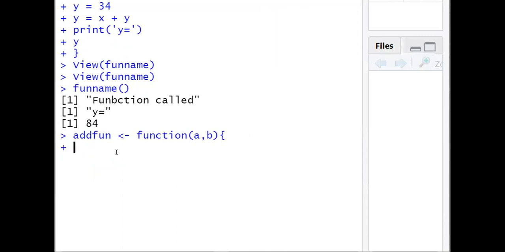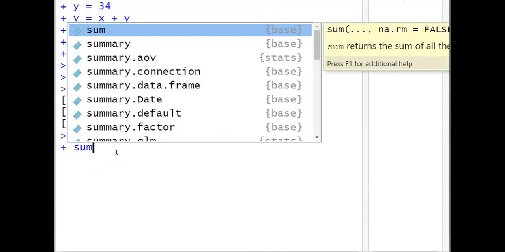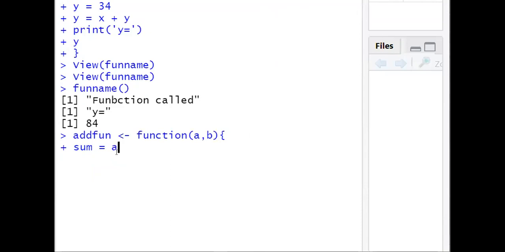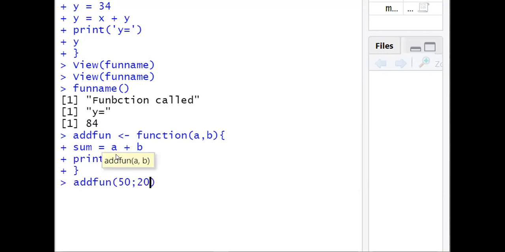Then here we can have sum is equal to a plus b. Then we can print sum, and close the parenthesis. Now we can call this add function by passing the values like this. So it has printed 70.